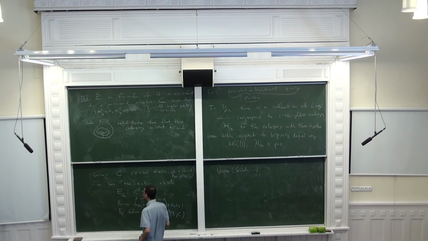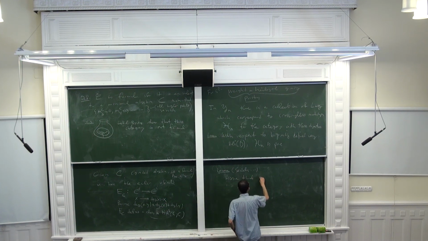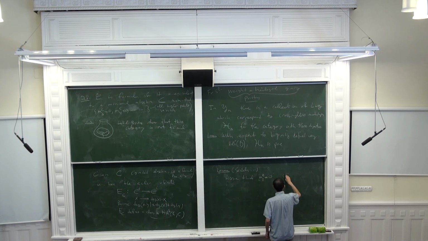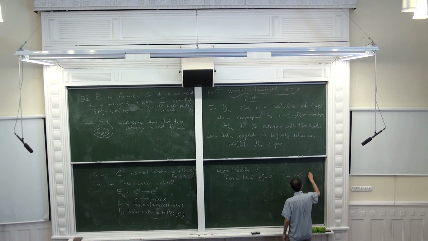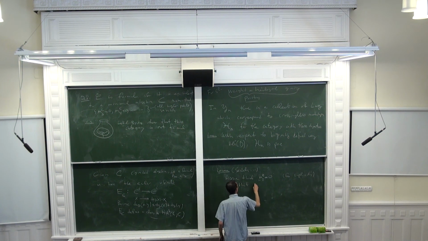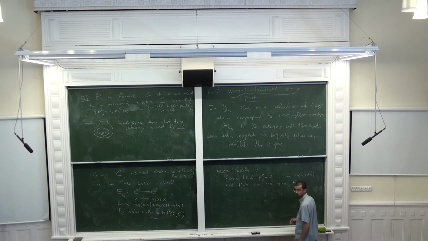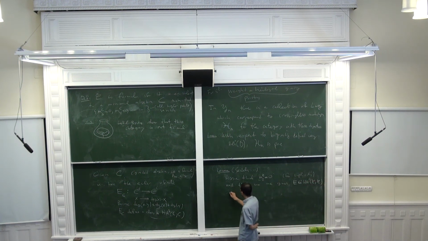This is not too hard to believe. So assume that M1 C is equal to 0. This is really for simplicity. Okay. And then we're given some class E in HH upper 1 of C, coefficients in C, such that